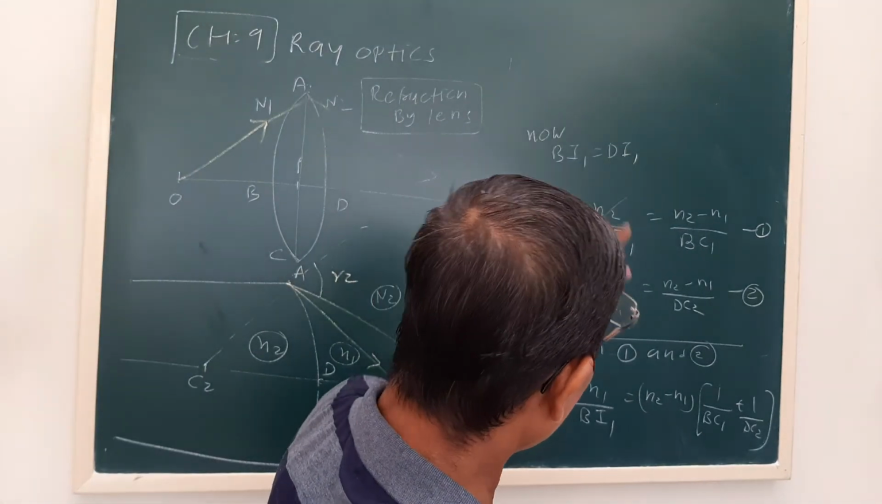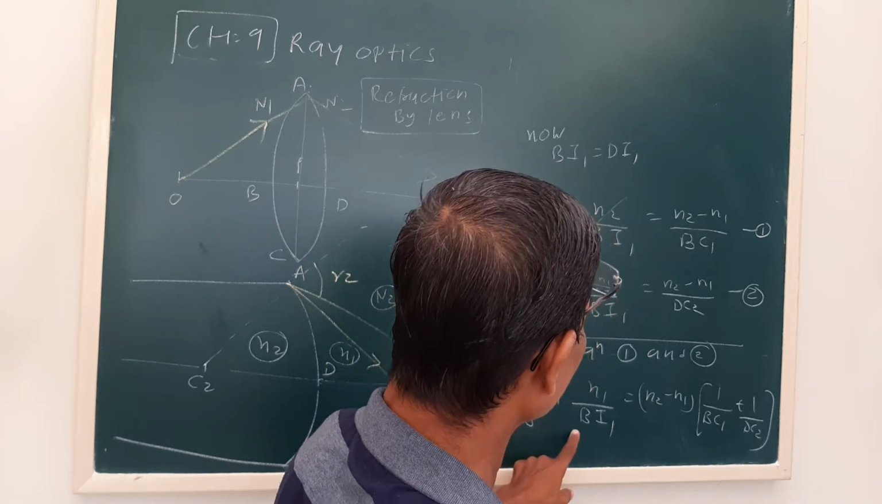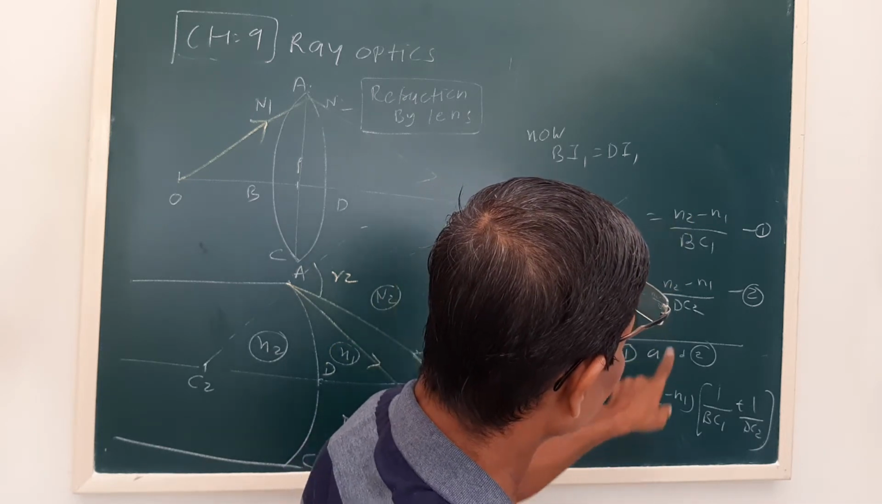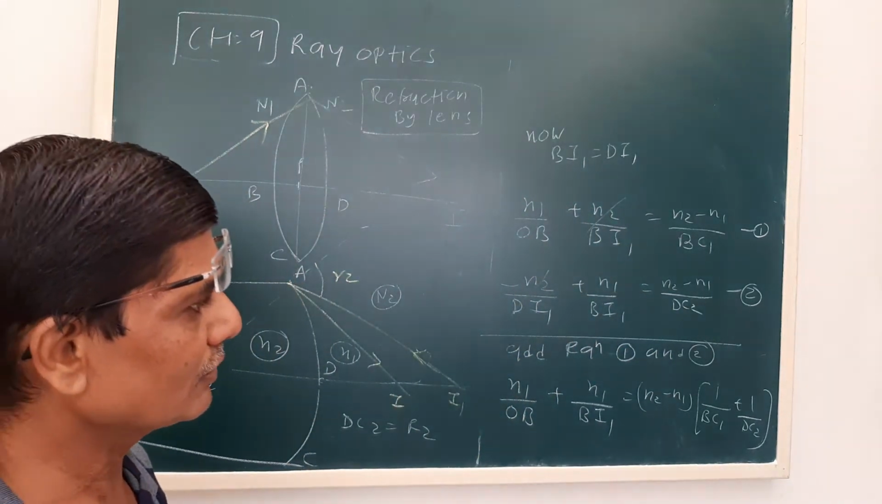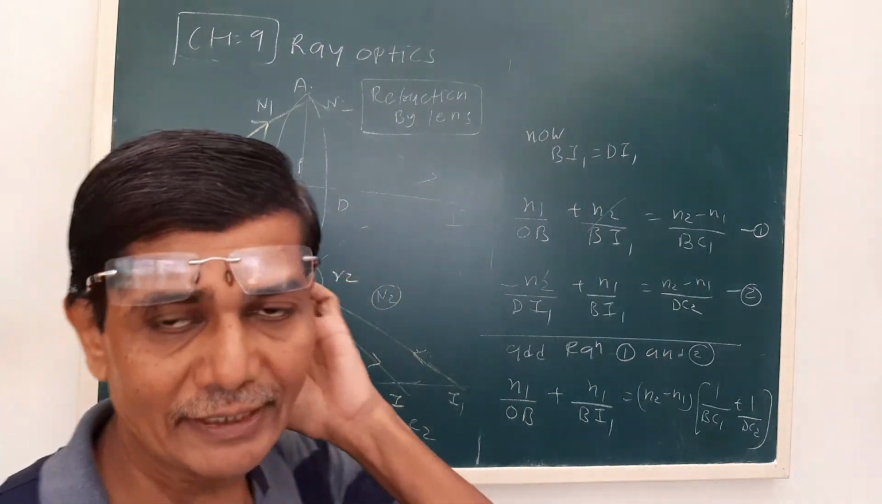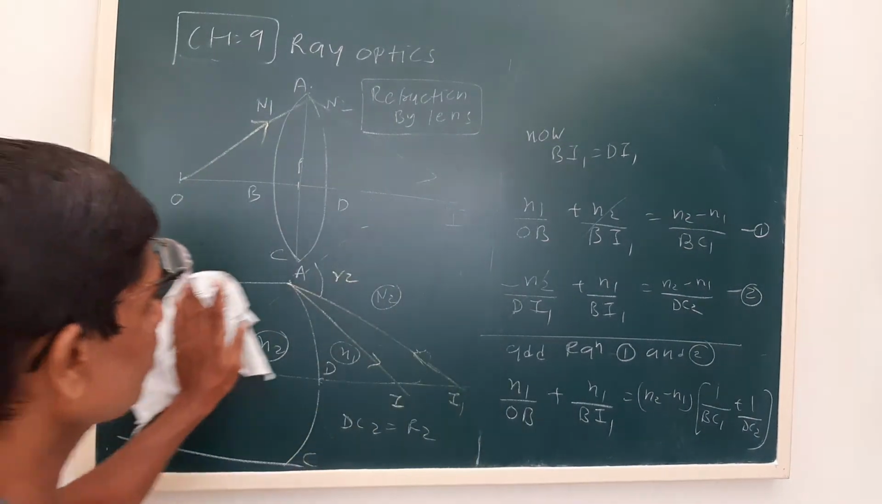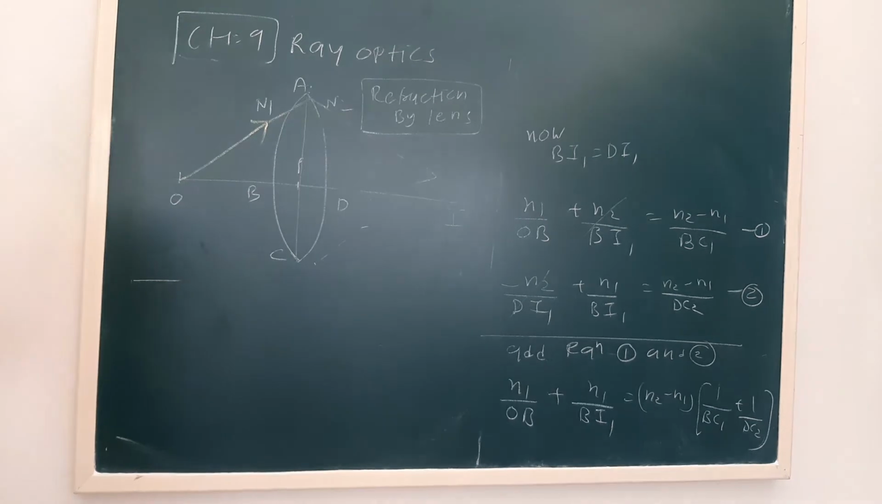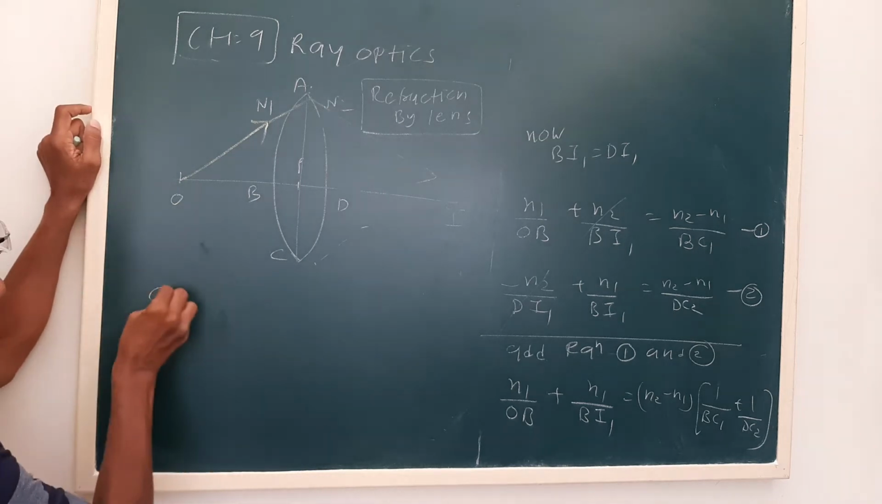Okay, so finally n1 upon OB plus n1 upon BI1, n2 minus n1 common we have taken, 1 upon BC1 plus 1 upon DC2. So this is how we can add two equations taking place. Now see, we have to substitute the values. Now see, when the object is at infinite distance,